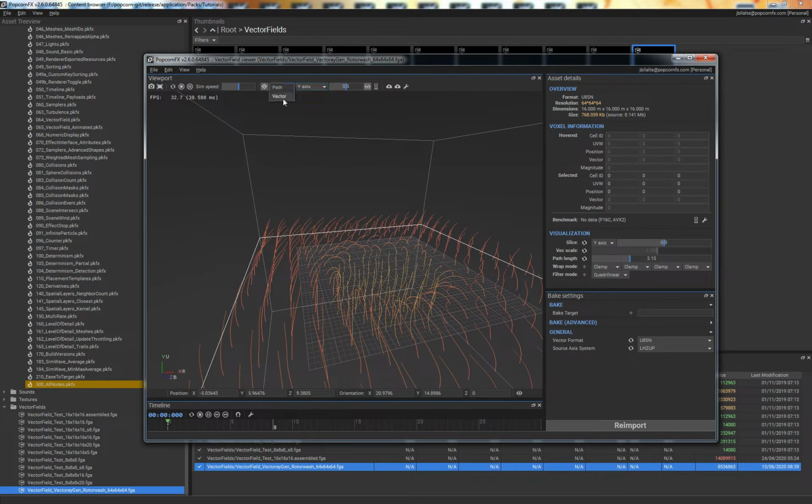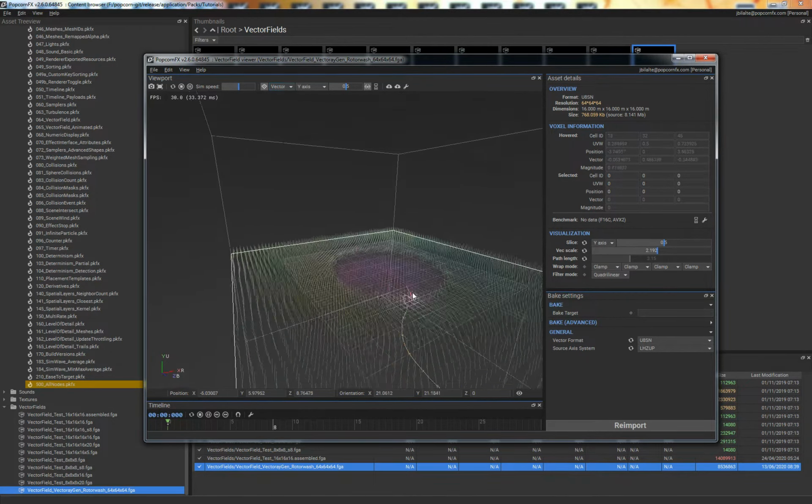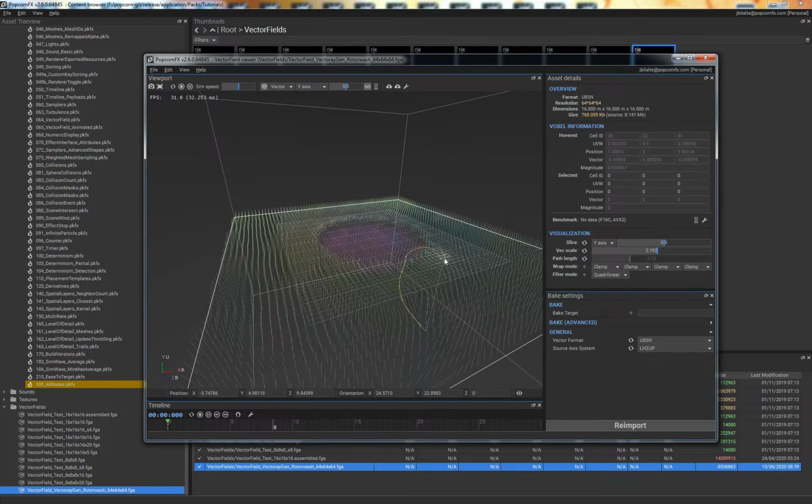So you have this path view also when you're in vector mode. This is pretty useful to get a better understanding of how the particles move around the vector field. And when you select something, you will note in that panel here that it will display the actual information of the point you picked, and those numbers above it are the coordinates of the hovered